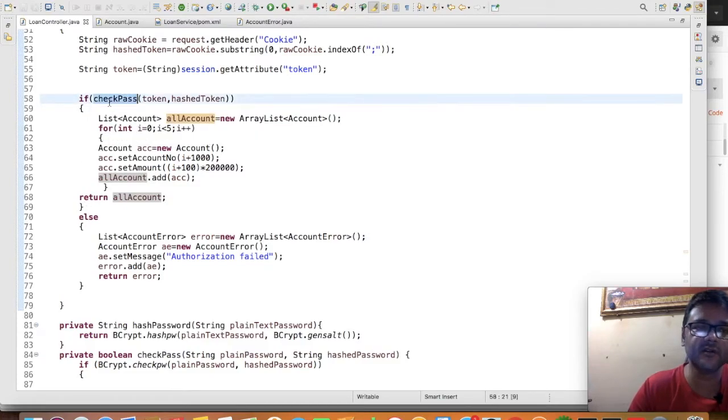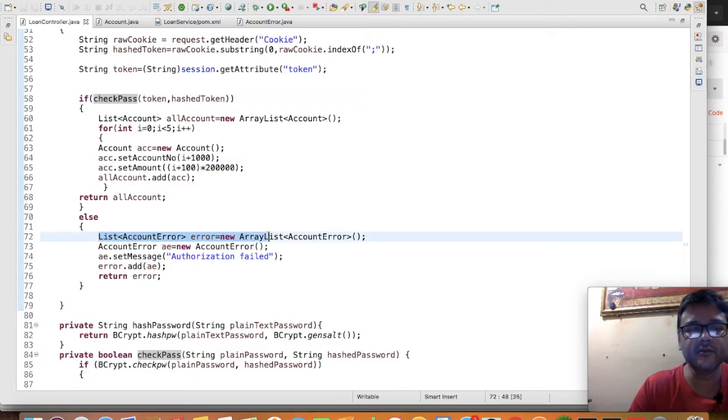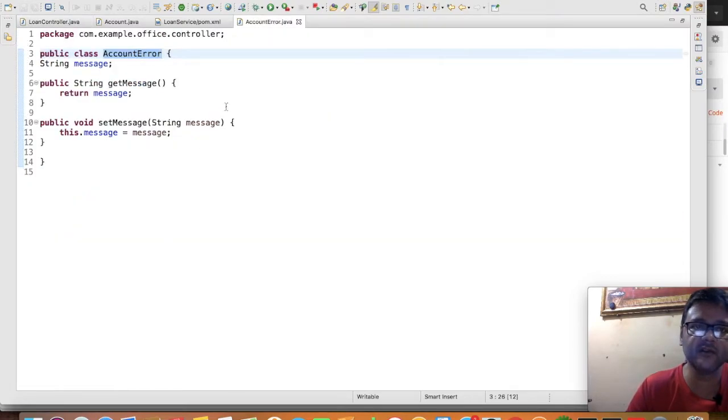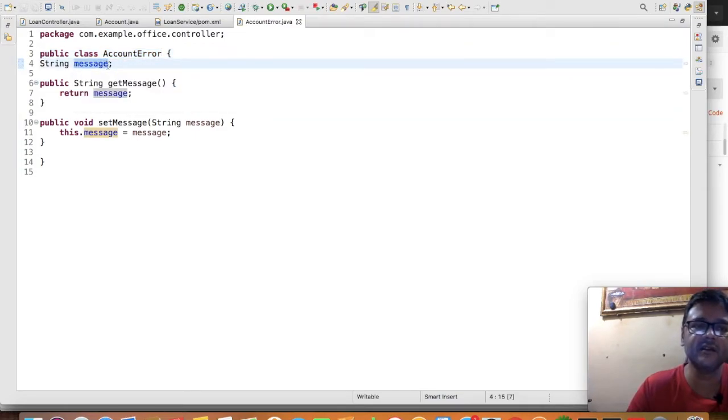If the password or token which the user has provided doesn't match, then what will happen? It will go for creating another list as account error. Here I have introduced a new class, account error. This is my own defined class, and it doesn't have anything special, only a simple string variable as message.